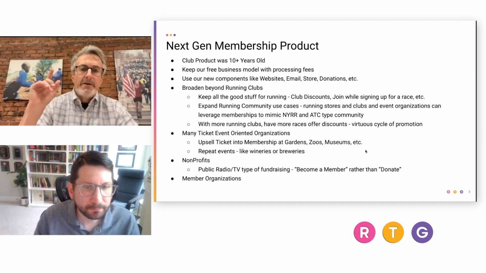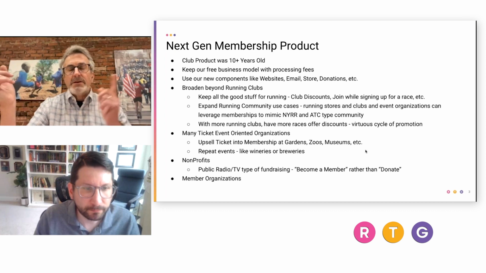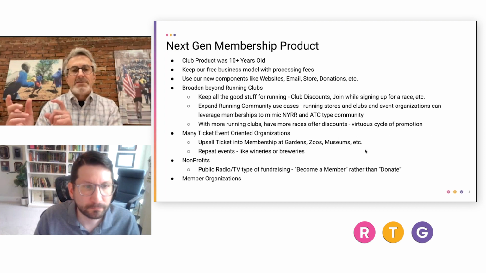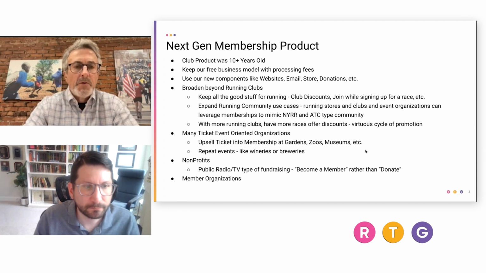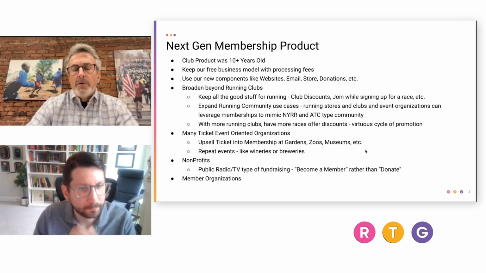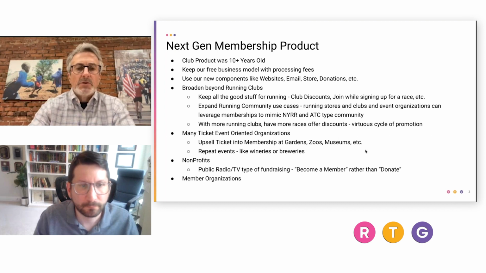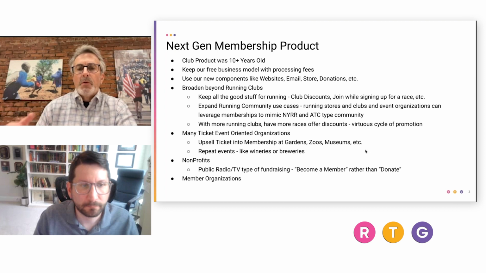And we're hoping that this virtuous cycle happens between races and running clubs, where races start to offer discounts to running clubs and running clubs start to promote races that are doing that, and so get a bit of cross promotion in the running community. Beyond the running community, we're hoping that there's a number of ticket-oriented organizations that could utilize this. So if you think about organizations like zoos or gardens or museums, where people might be going to the zoo and buying tickets, why not upsell them to a membership? Or repeat types of events where there's wineries or breweries where they've got repeated events, and so you could offer discounts to those people that are frequent